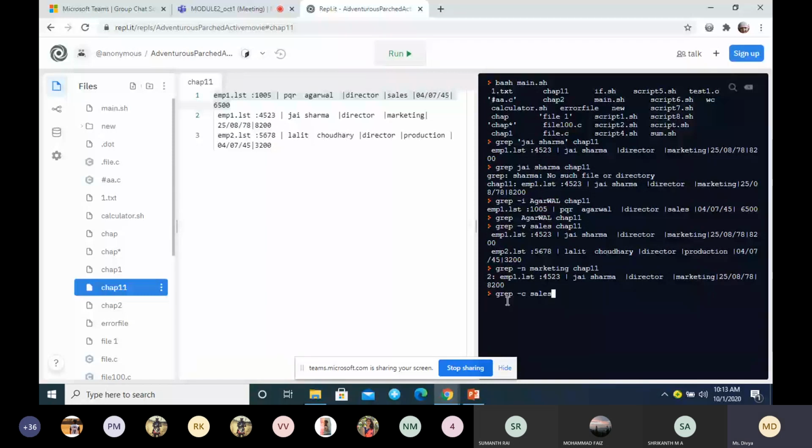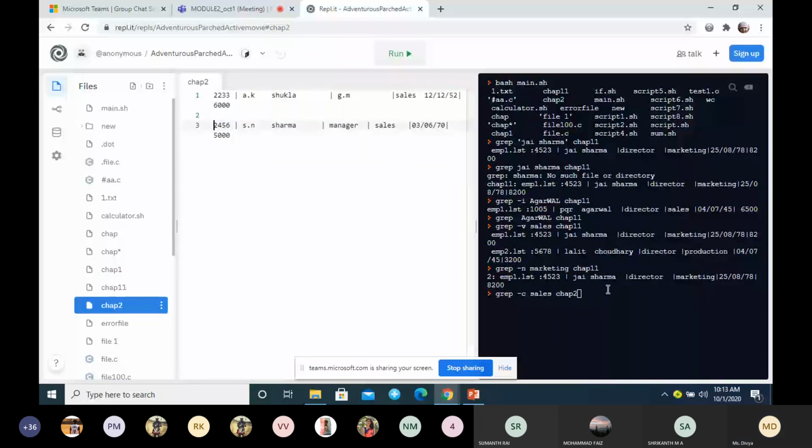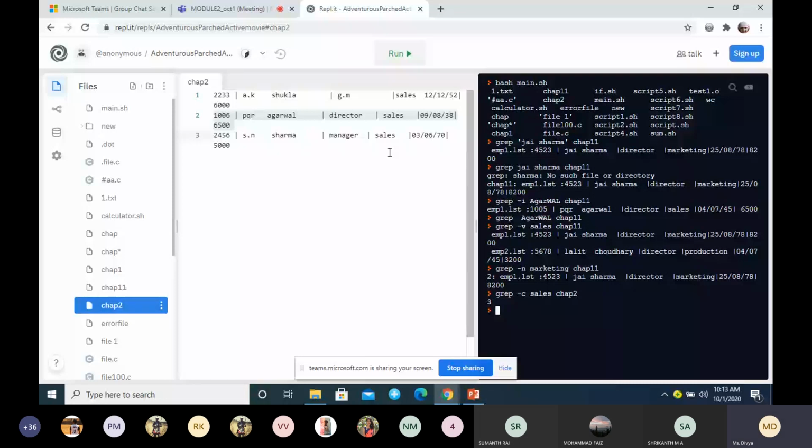It will give you the count. What it is giving here is 3. It will give you the number of lines which have the word sales. So how many lines have it? 3 lines have the pattern sales.